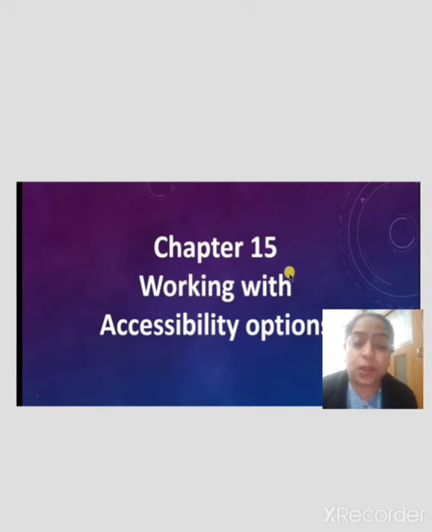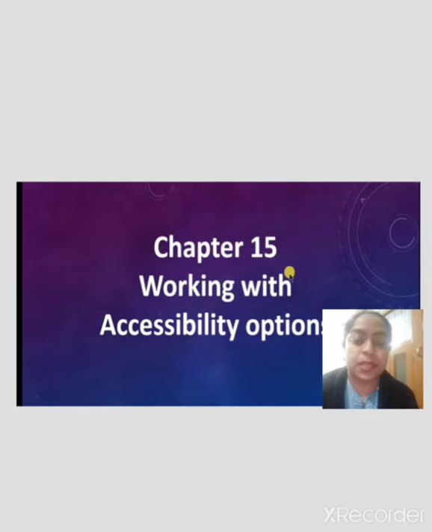If we talk about computer accessibility, it means all those options by which a person who has some impairment or disability can also move along with digital technology and perform all the activities that a normal person can do.